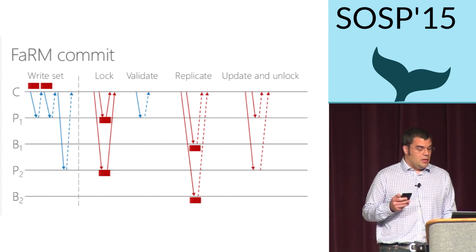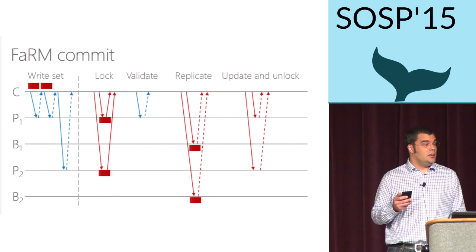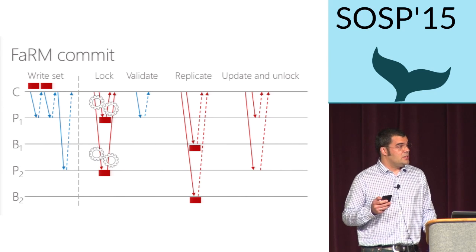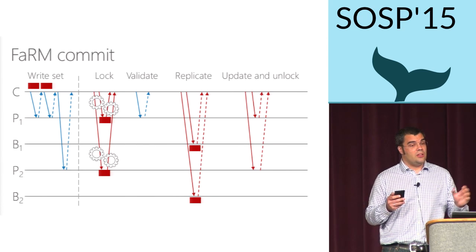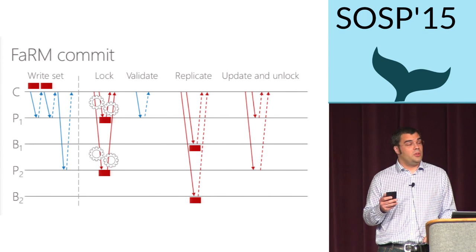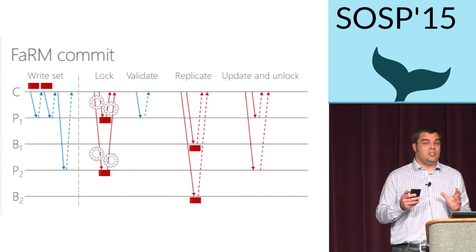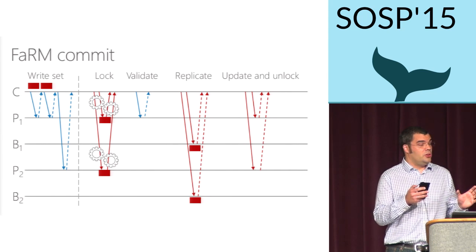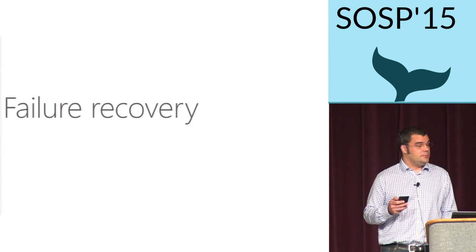And what can we see by looking at this diagram? So first of all, we can see that we use fewer messages than we would in a two-phase commit protocol. But then we also see that we have 4 phases. One thing to note is that we basically use the CPU during the transaction execution only during the lock phase on the primaries. So this means that the remaining 3 phases are very low latency because we perform them using one-sided RDMA operations. And this, in turn, means that the transaction latency is not significantly increased because we have more phases. Okay? So we are able to reduce the number of messages without significantly increasing the latency.